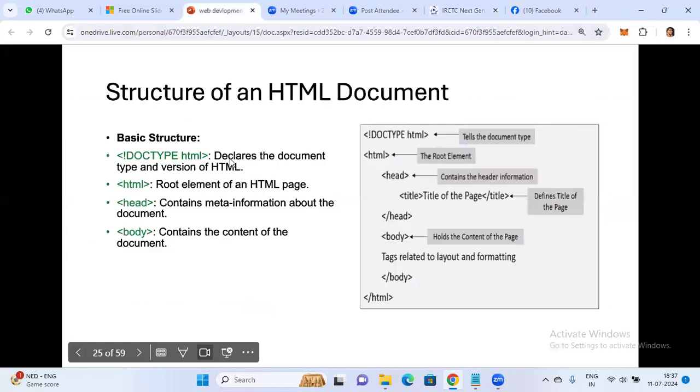So let's start with one HTML program. Okay. Generally, all the programming languages have editors to write the code. So for HTML, we have Notepad, we have Notepad++. So firstly, we'll start with Notepad. And then after you get habituated with the Notepad, we will try with Notepad++. Okay. So let's start with only Notepad.